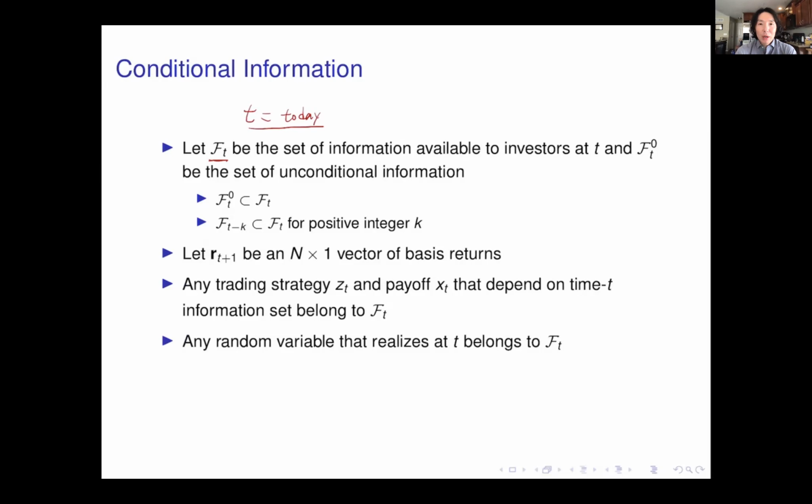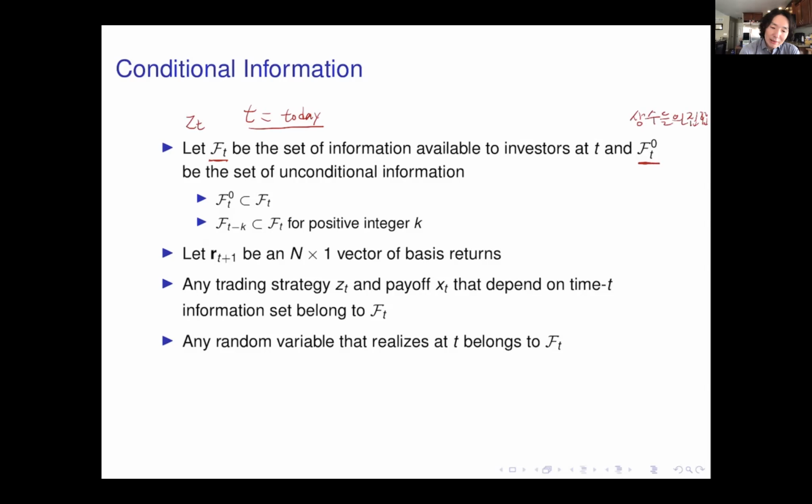인베스터들이 신문에서 알 수 있는 것들이라든지 시장 상황에서 알 수 있는 것들이라든지 모든 인포메이션을 다 F_t라고 표시를 하겠습니다. Now, what is F_0? F_0 means the set of unconditional information. F_0는 쉽게 말하면 상수들의 모임입니다. 상수. 그에 반해서 F_t는 어떤 time t에 알려져 있는 Z_t. So F_t is the set of information that can be represented as Z_t.